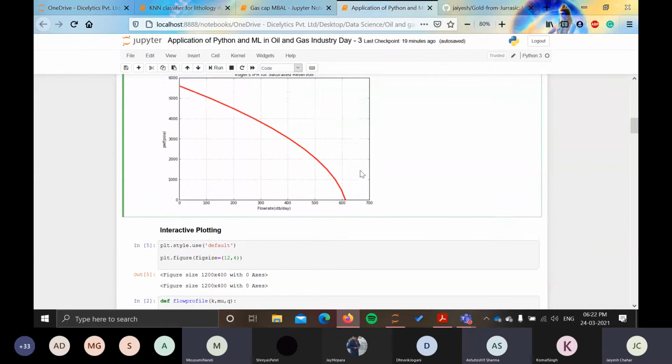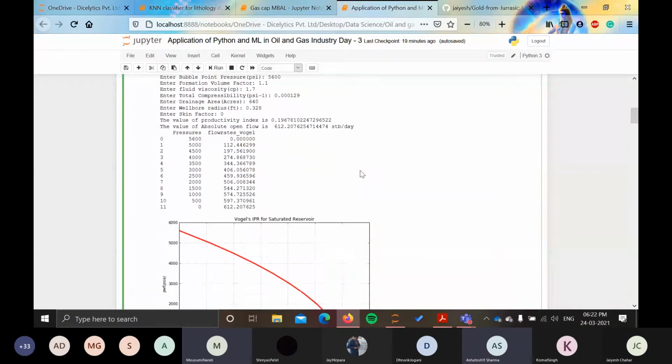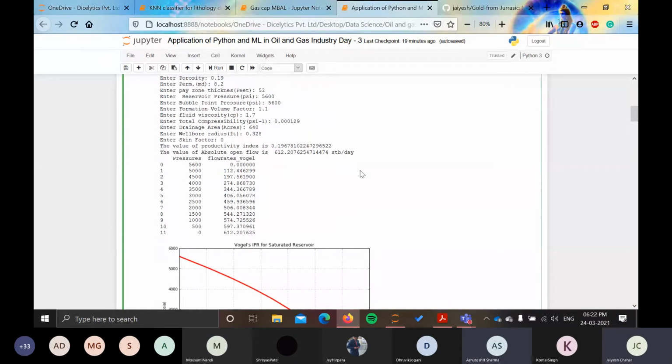Jayesh, actually, for example, if in future our reservoir pressure is changing, do we need to change that every time in our code? No, no, well, it is a good question. For example, if our reservoir pressures are changing, you must have read in the petroleum textbooks that there are formulas or processes available for predicting the future IPRs, right? This is an IPR for a fixed value of reservoir pressure. But with time, as the reservoir pressure changes, the IPR curve will also change.